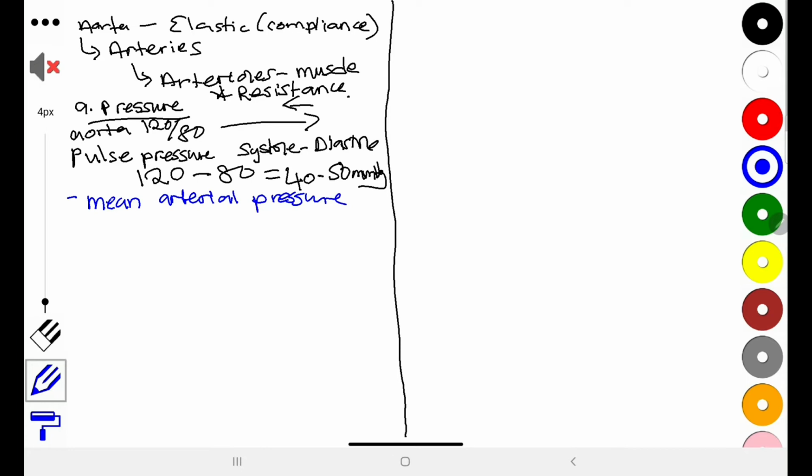So the mean arterial pressure, this is the average, okay, it's the average pressure in the arterial tree, and it is usually noted as being from these properties, the fact that